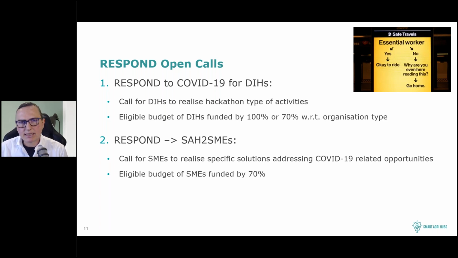However, what we are telling there is that Smart Agri-Hubs will contract with one coordinating organization, and they shall manage those costs and the consortia which are realizing, especially in the later open calls, such sub projects. That's the idea: Smart Agri-Hubs contracts the coordinating organization, and then it's organized by them. Of course, this is even a longer answer. We could start on all the detailed organization, but at the very end, the coordinating organization and then the DIH